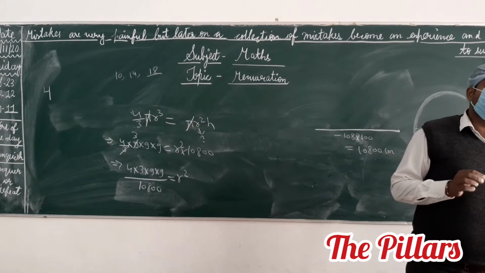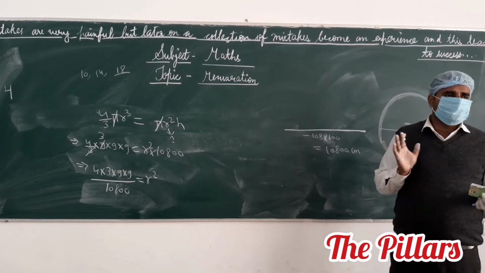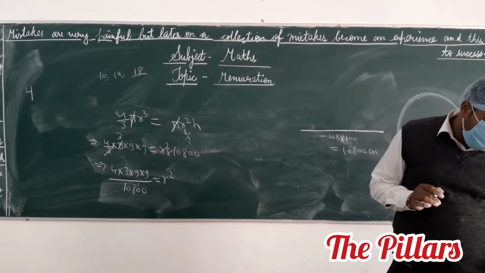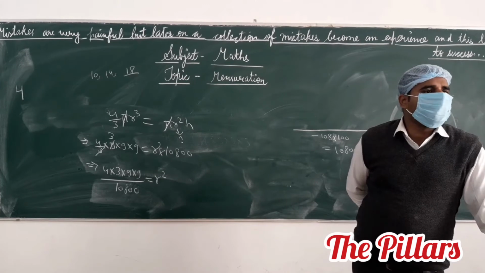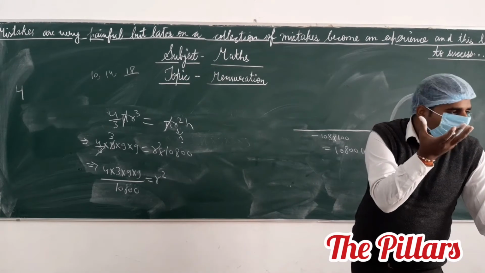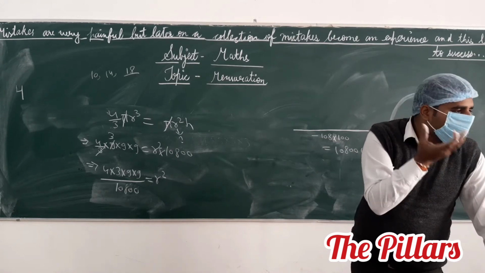Now we have to start solving from question number 19. All of these questions were asked in the board exam. This question was asked in 2012. A hemispherical bowl of internal radius 9 cm. Which type of bowl is given? Hemispherical means hollow. A hollow hemisphere is given. This is said to be a hemispherical shape.